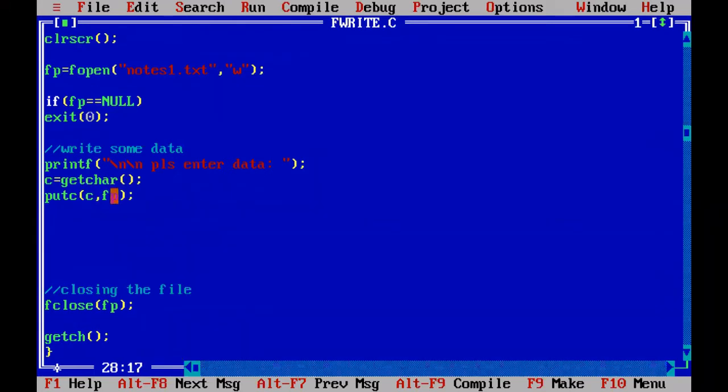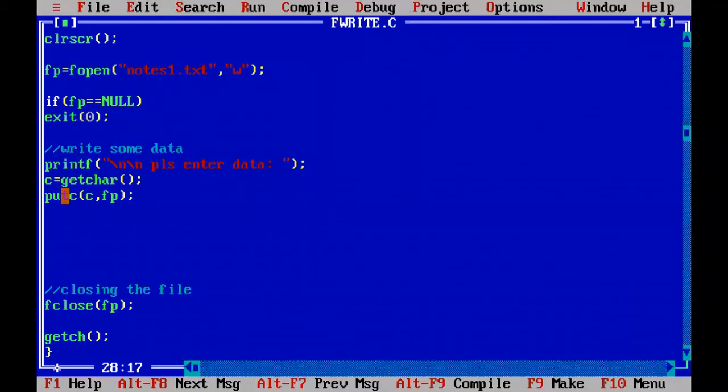To write multiple characters into note1.txt, these two statements, getting one character into c and putting one character into the file, must be repeated a number of times.